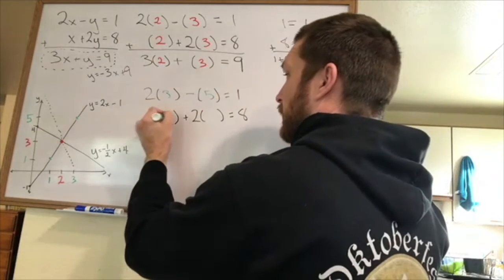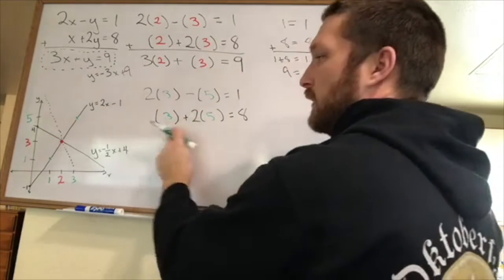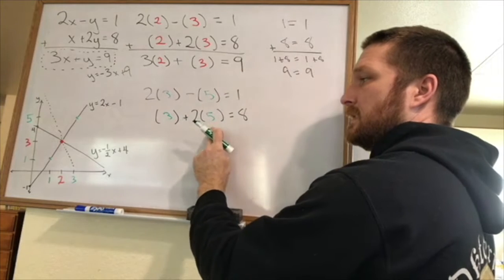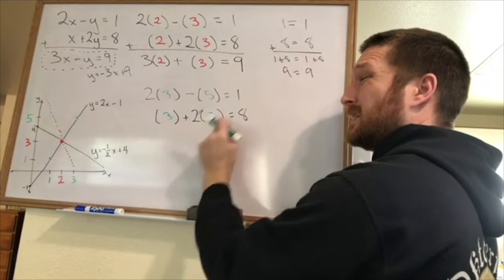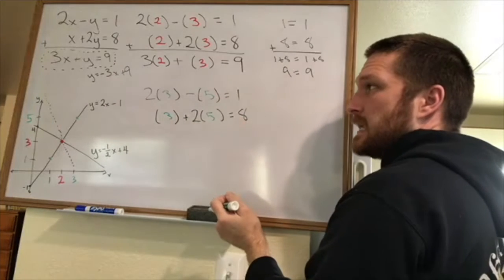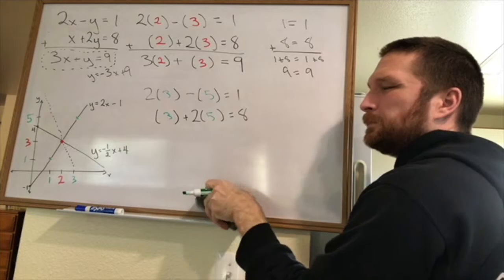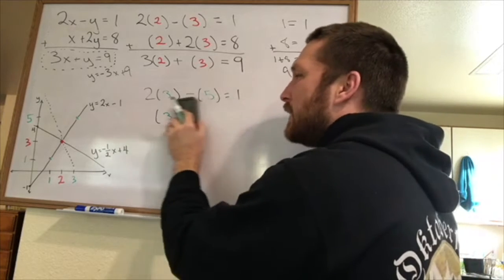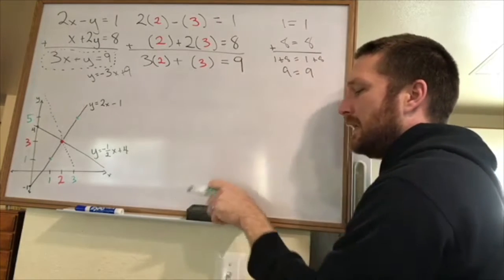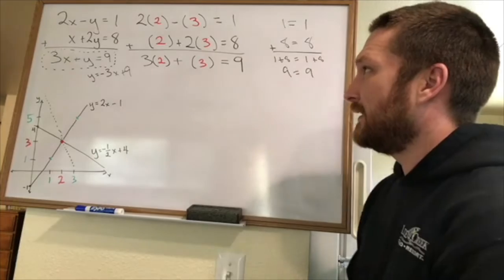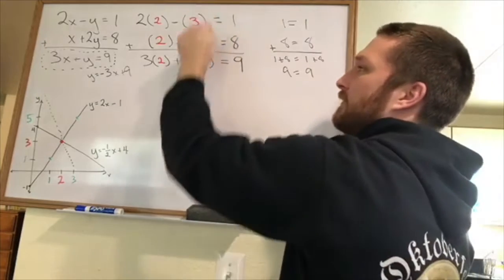I say, okay, 3 and 5, but now I have junk right here, right? 2 times 5 is 10 plus 3 is 13. 13 is not equal to 8, right? So this kind of comes down to the issue of it must be the case that both of them are